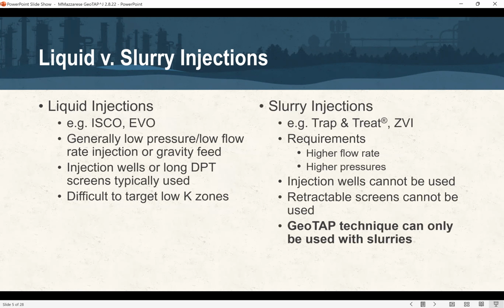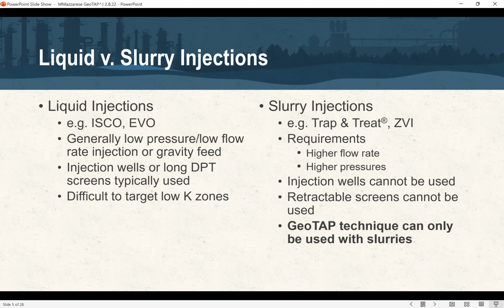So now compare that with slurries. Activated carbon, the BOSS technologies, the CAT technologies that we refer to, zero valent iron, EZVI, and a couple of other technologies that are solids would fall into this category. They are suspensions, so we need higher energy, higher flow rates, and higher pressures to be able to get these technologies properly